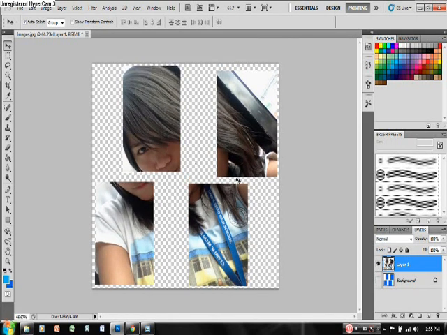Okay, the next step is we will select each of these pieces of the picture in a layer, one piece of picture in one layer. Okay, then select again the lasso tool. Select the first piece of the paper. Okay, let us select around.